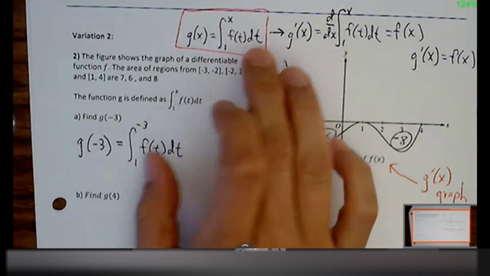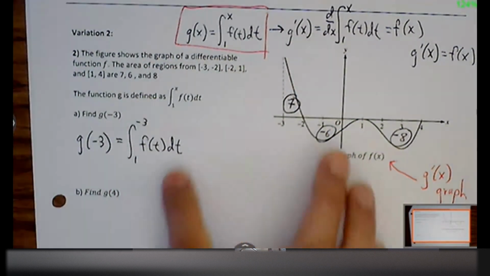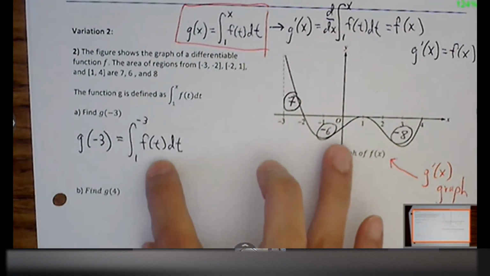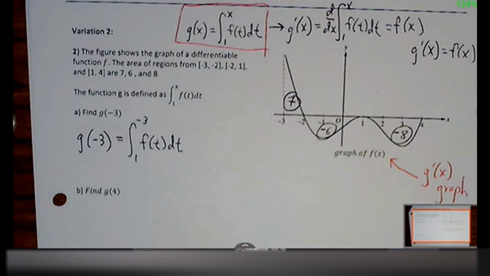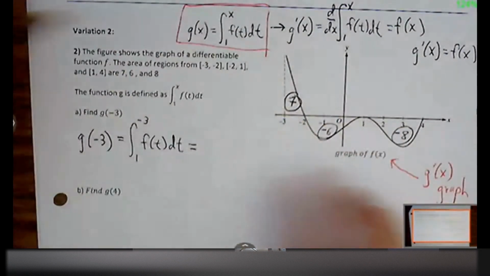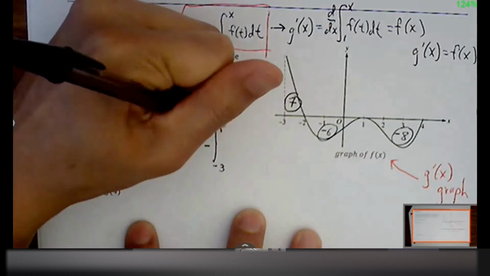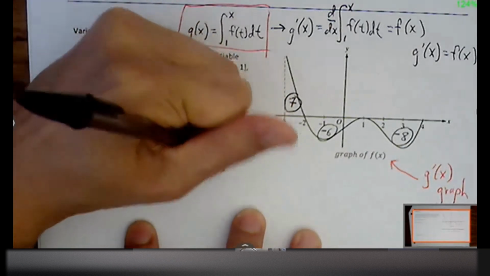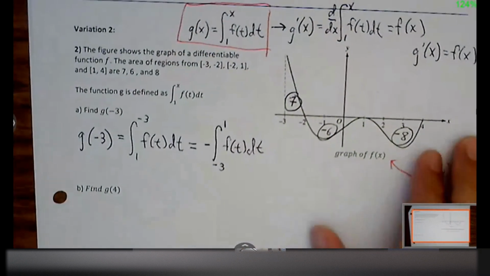I'm following the rule exactly as I see it, but now that I've followed the rule, I know I have to resolve this with the graph. And what do you notice about your bounds here? Right. I'm going to go ahead and flip it so that makes it easier for me to read the graph. So change the sign, adjust the bounds. And now I can see, okay, I'm just going to total whatever region I see between -3 and 1.